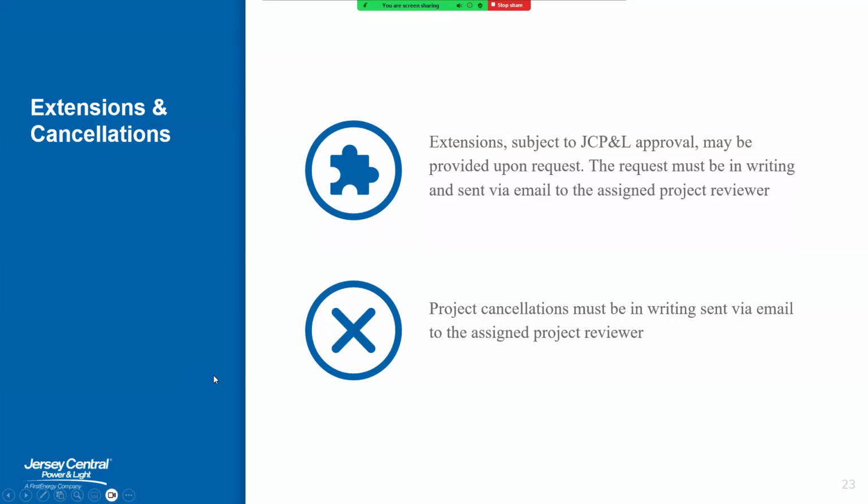Now, extensions could be possible in terms of the installation. Allow 90 days for prescriptive and custom installations. There may be a leak, power outage, flood, or some other delay that impacts that timeline, or there may be an issue with communicating with the customer that prevents them from signing off on the application or submitting the letter of attestation. We just need something in writing to validate that, and we do communicate within 5 business days to approve or deny any requests.